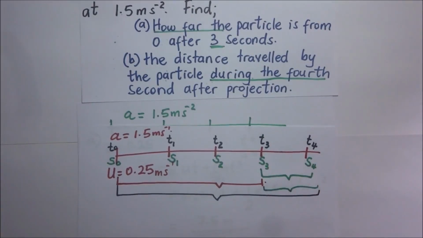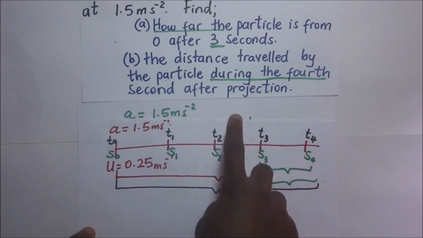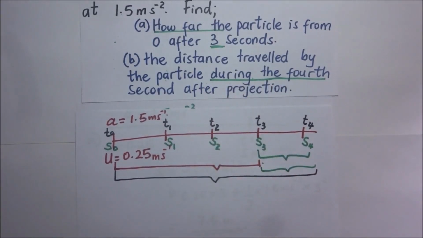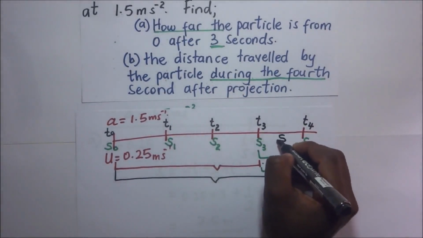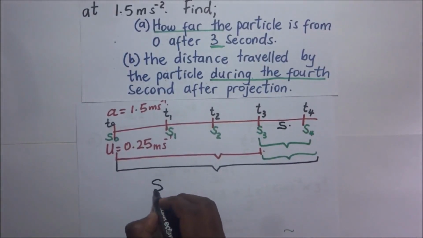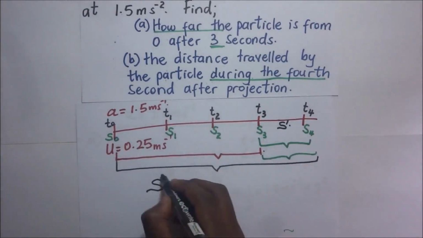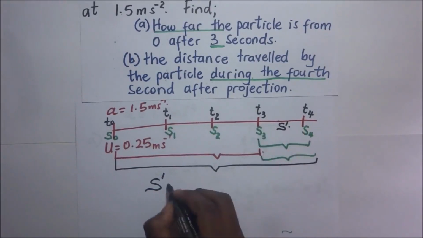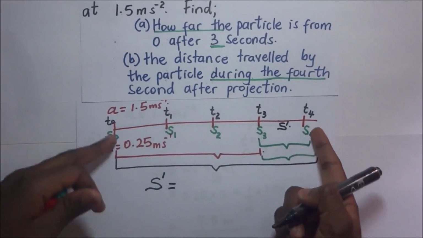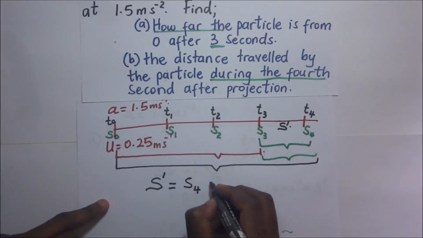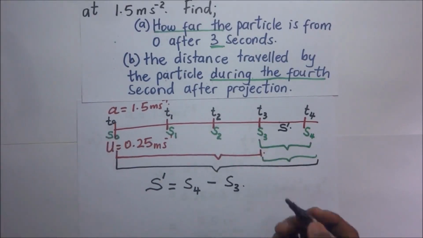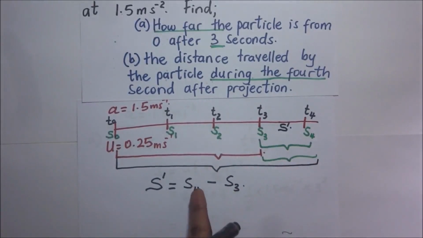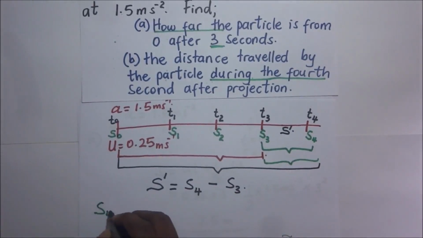So it means for us to be able to get the distance covered in the 4th second, like the question is requiring us to do, the formula is very simple. Let's call that distance S. So to get the distance covered, let's call it S prime. So the distance covered in the 4th second is going to be equal to the distance covered after 4 seconds, which is S4, minus the distance covered after 3 seconds, which is S3. So right now we need to find S4. What is S4? Meaning that S4 is going to be equal to